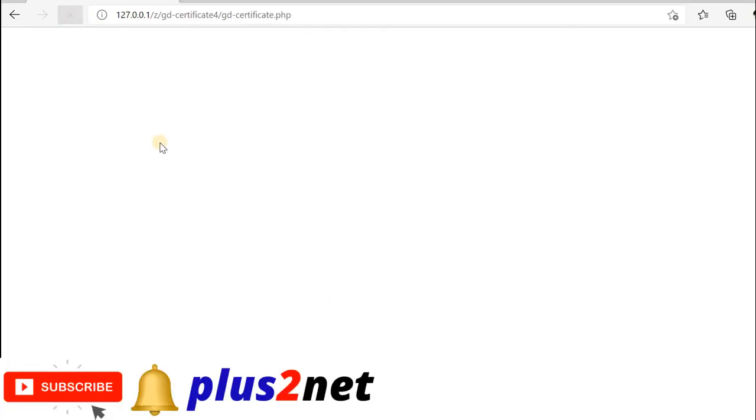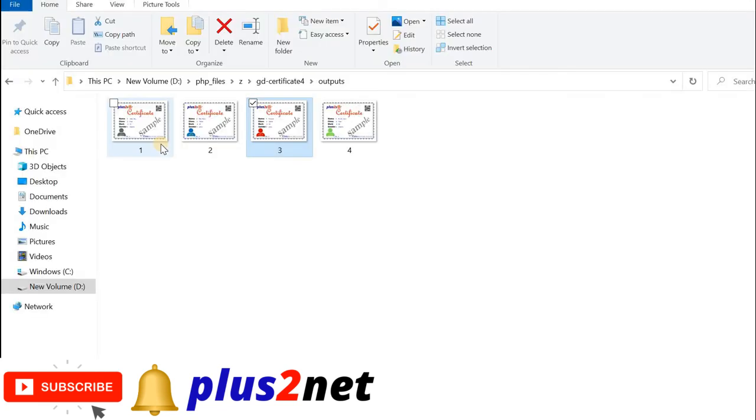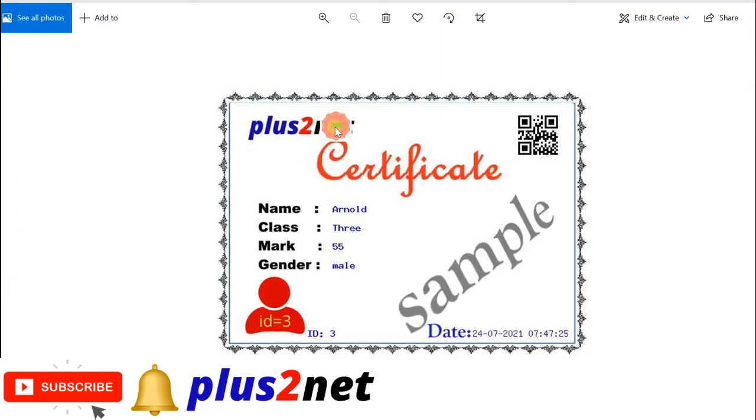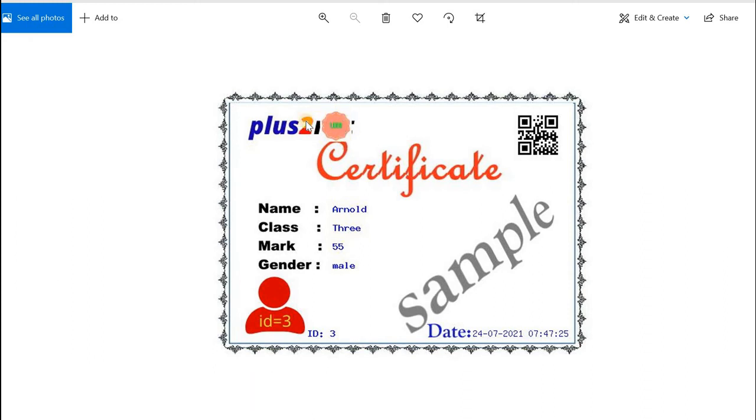So let me run once in my browser. Fine. Now let me go here and see, just watch where the logo is now. You can see the logo has come here. If you want to move further, reduce the x value. If you want to move it down further, you increase the y value, because this top left corner is 0, 0. Then x increases this way and y increases this way.